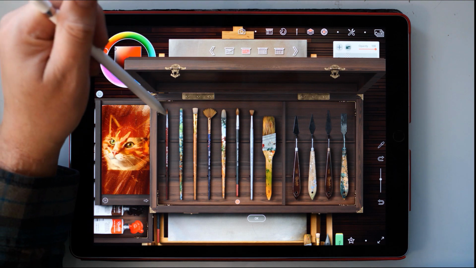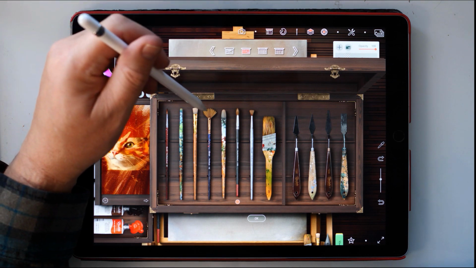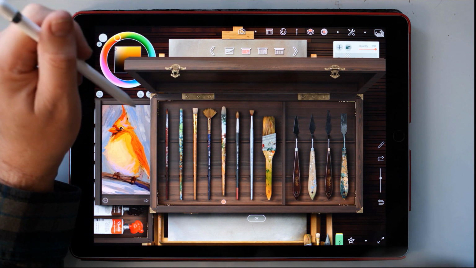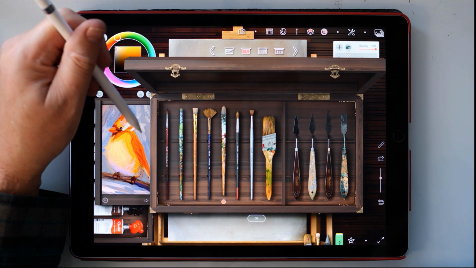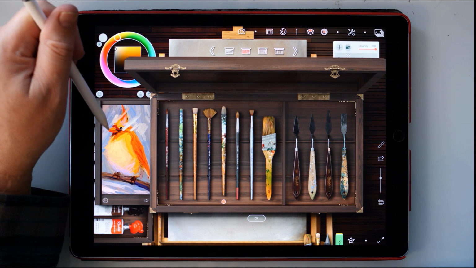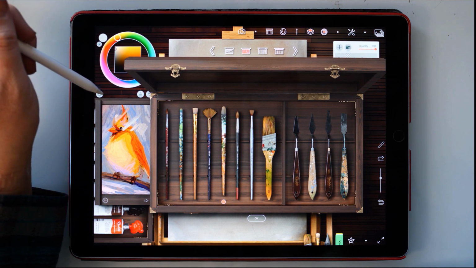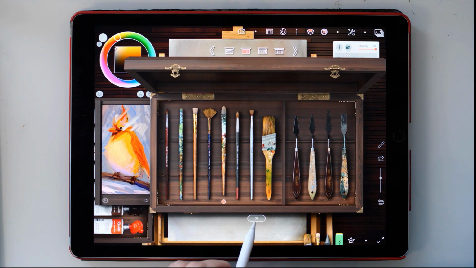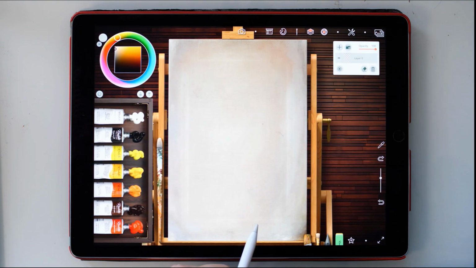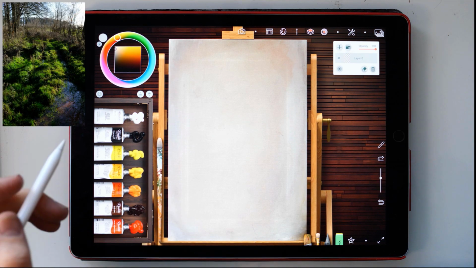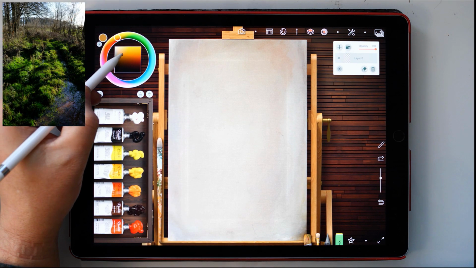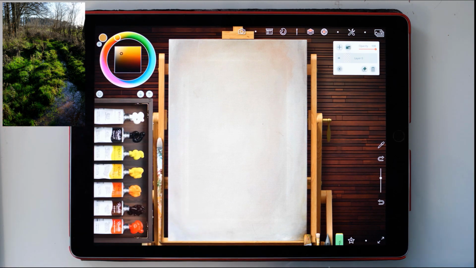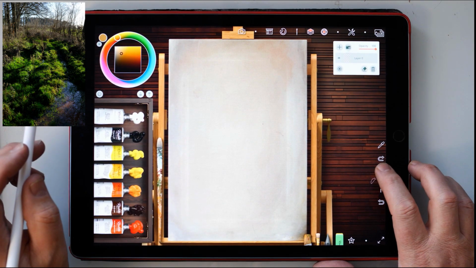I'm doing this oil painting and I never know what the brushes are, so I'm going to start with the brush right in the middle, and I've come to the conclusion that that's a thick oil paint brush, and this is the painting that I am going to be doing. So I'm going to start off picking the colours off the colour wheel, and I'm just going to begin by sketching in loosely the